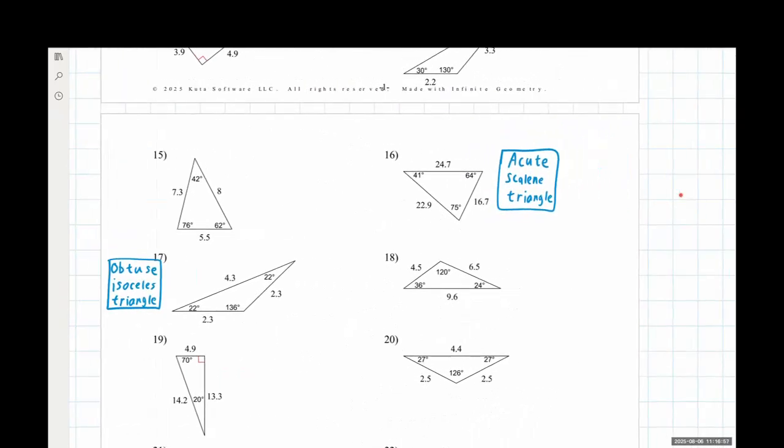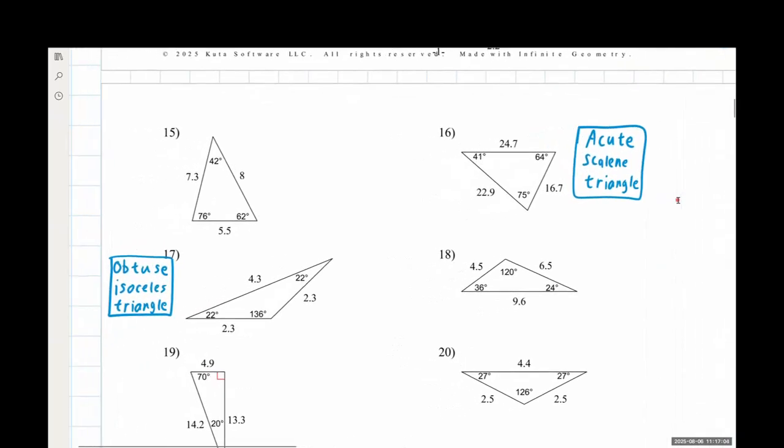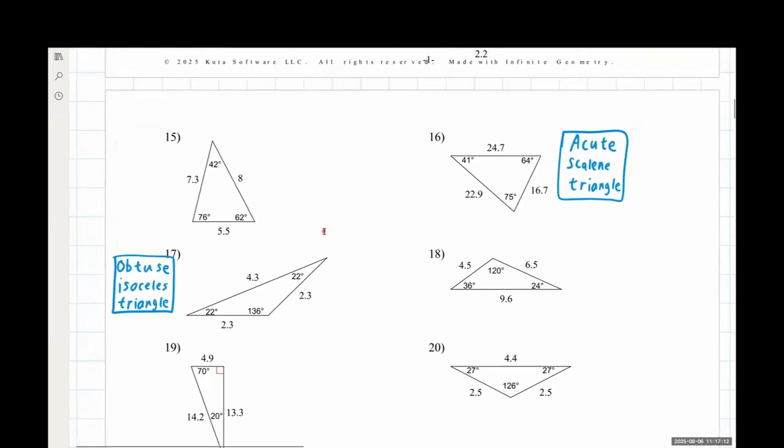And this is the extent of what I could be really testing you guys on or working with you guys on in terms of classifications for triangles. There are some more quote unquote advanced methods that some people like to use with these, of, oh, you need to check for these properties first or that property first. We're not going to be doing anything beyond what we just did here for the class.